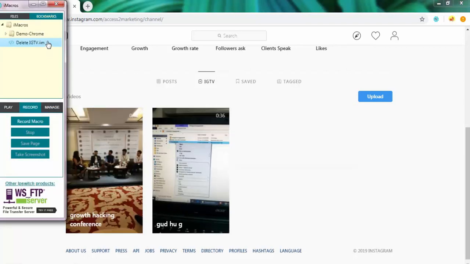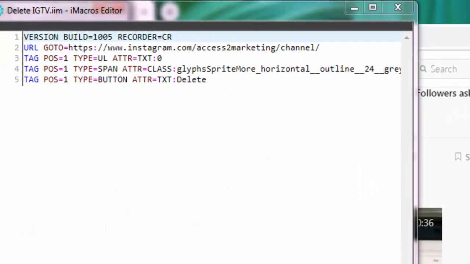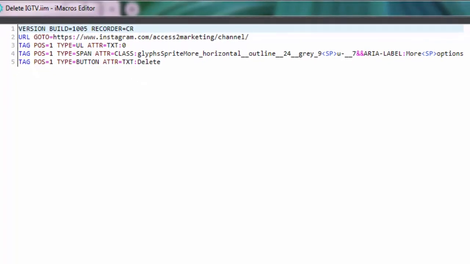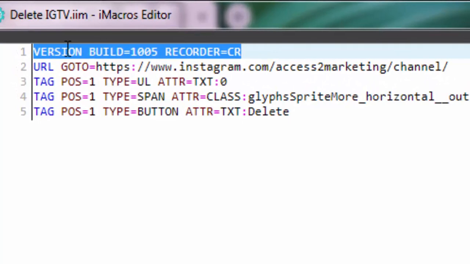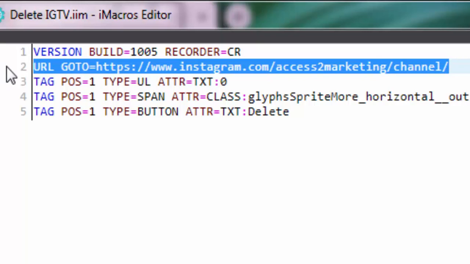So first of all, we right click on it and we click on edit. Let me zoom in on the code. So this is the code that is responsible for deleting IGTV videos. If you look at the first line, it tells which version of iMacros we are using. Let it be there. The second line tells the browser to go to this URL, and the URL is